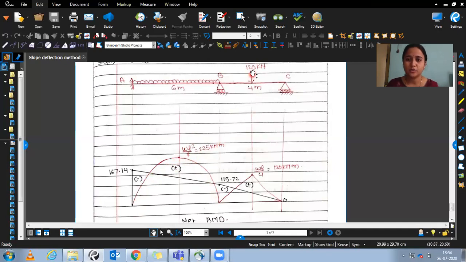Okay, so this value we have got, and the nature will be this. Okay, and because of this point load at center, the maximum bending moment will be WL by 4. Okay, it is triangular in nature. Because of the point load, the moment will be triangular, or a first degree linear diagram, and this is a parabolic figure. Okay, and this black part is because of the final moments that we have got here. So this is the net bending moment. This is the one overall numerical that we have drawn, or that we have solved here.